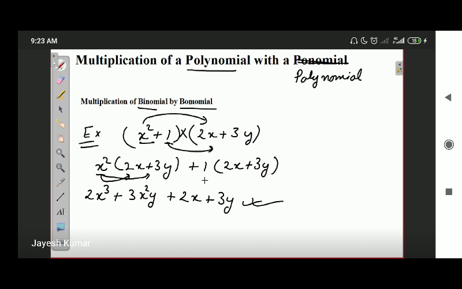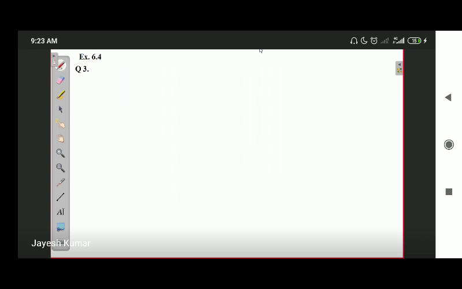Actually, let's start with the exercise. As we do the exercise, as we do more and more questions, you will get a better grasp of how to do this multiplication. Okay, keep in mind what I am saying, and let us do the questions. This time I am going to discuss a few more questions than I discussed yesterday, so that you can get a better grip of the chapter.